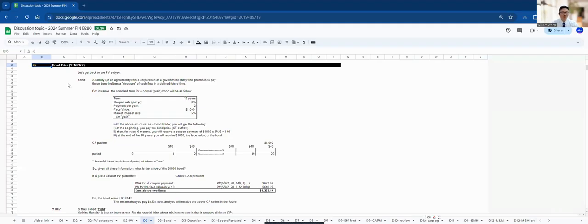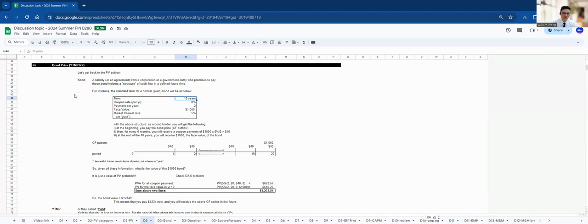It's a very, very straightforward calculation, as long as you understand the time value of money. In this case, a bond is actually a liability and an agreement from a corporation or a government or anyone that promises to pay the investor, or the bondholders, a structure of cash flow at a defined future time. So let's say, for a plain vanilla bond, which is the simplest bond feature,